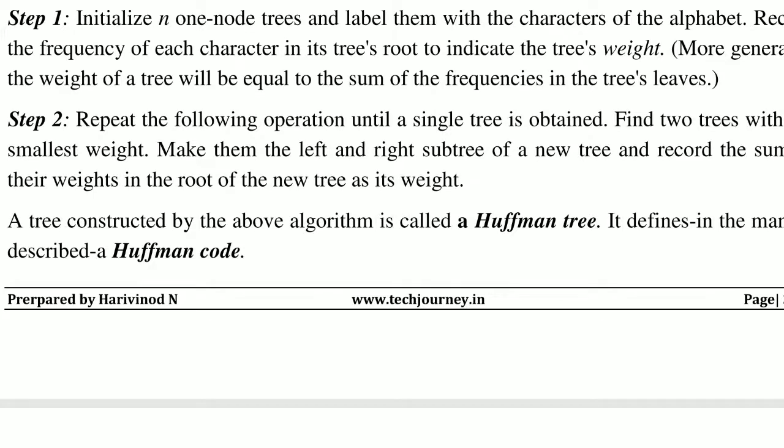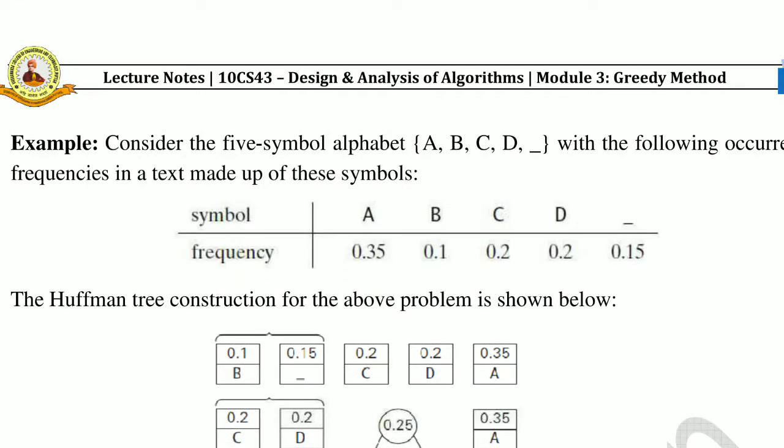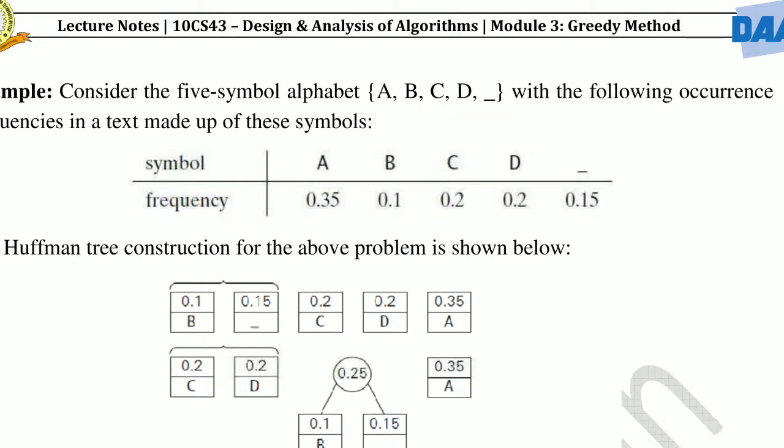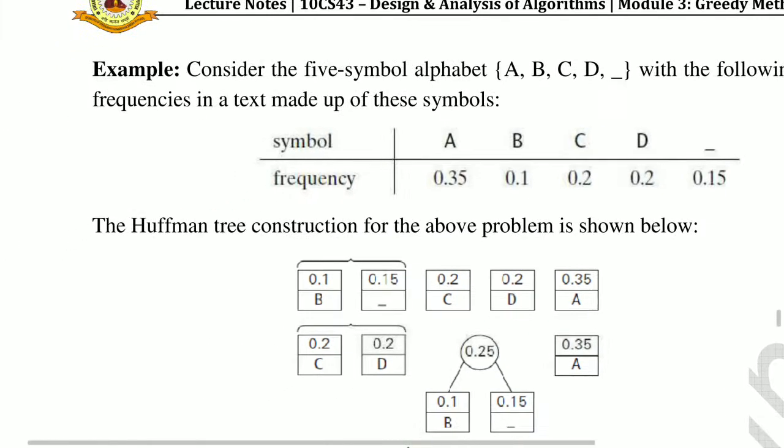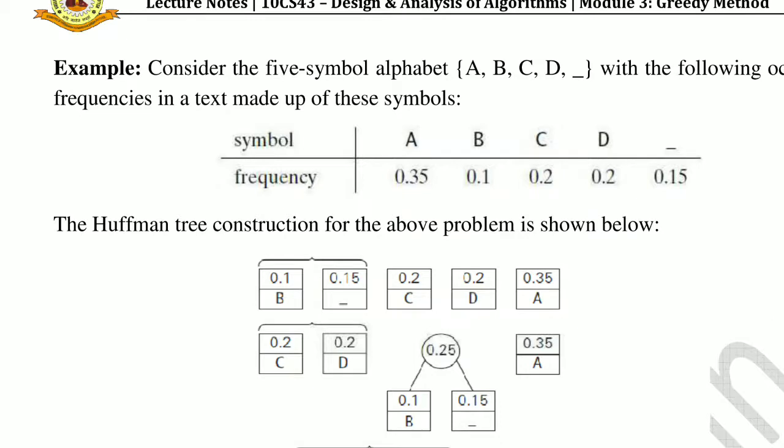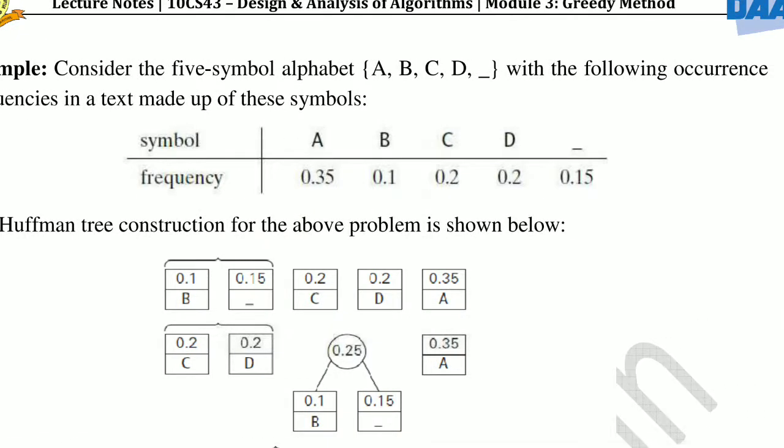Now let us demonstrate how it works. I have an example where I have 5 characters A, B, C, D and so on, and the frequency of occurrence is also given. Given this, I have to construct a Huffman tree. So before that, I have to follow the steps. First step, consider each character as a single node. I have taken A, B, C, D all as single nodes. Since I have to construct a tree with the 2 minimum nodes, it is better to arrange the nodes in ascending order.